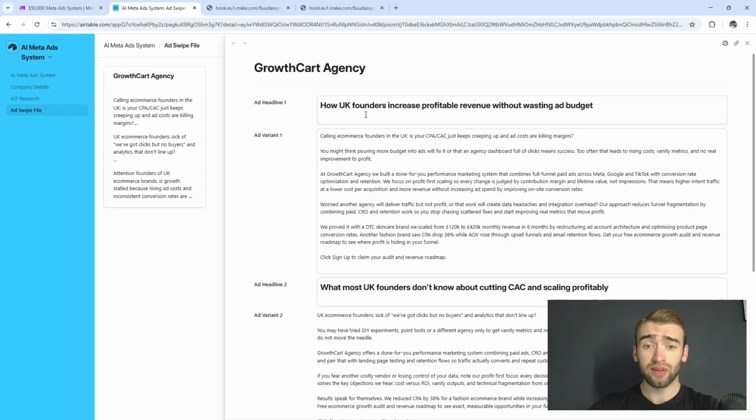Headline 1: How UK founders increase profitable revenue without wasting ad budget. For the actual variant: Calling e-commerce founders in the UK, is your CPA/CAC just keeps creeping up and ad costs are killing margins? You might think pouring more budget into ads will fix it, or that an agency dashboard full of clicks means success. Too often that leads to rising costs, vanity metrics, and no real improvement to profit. So you can see how that's actually taken the fears from the ICP research we generated, and it's plugged that